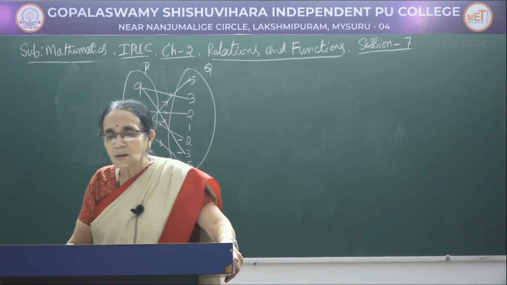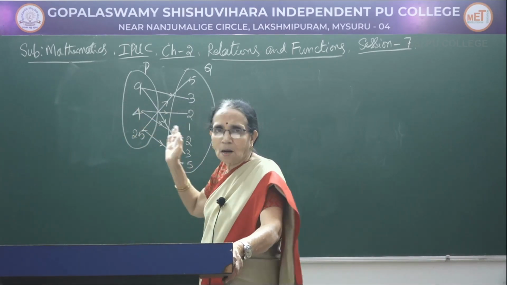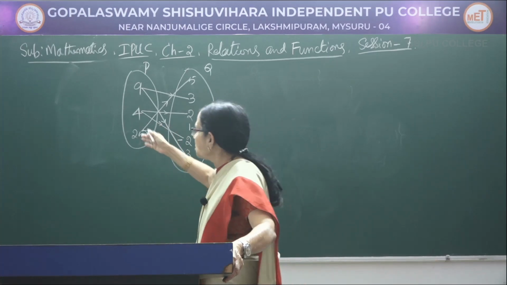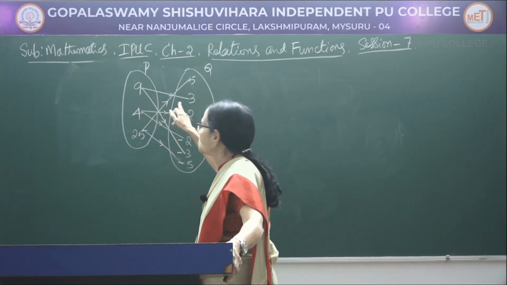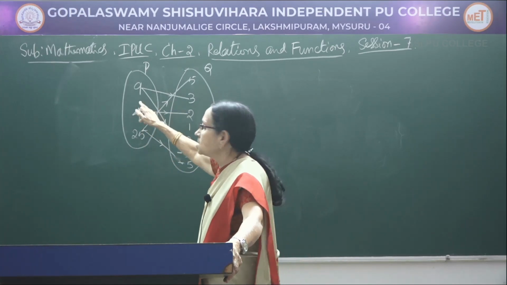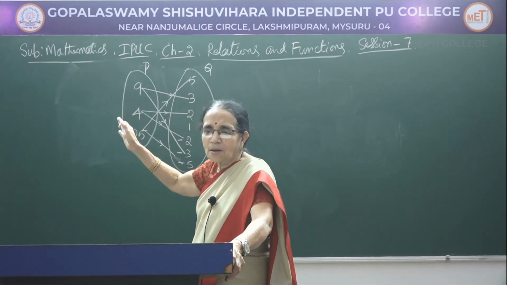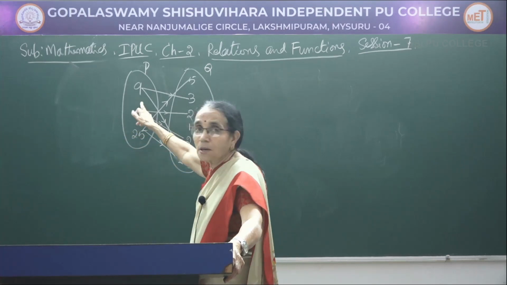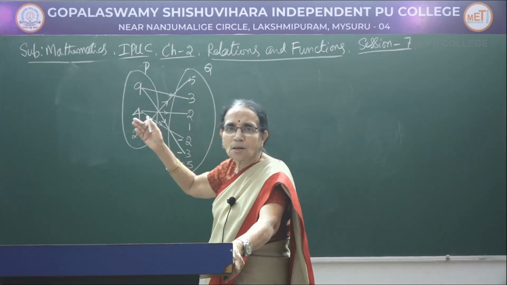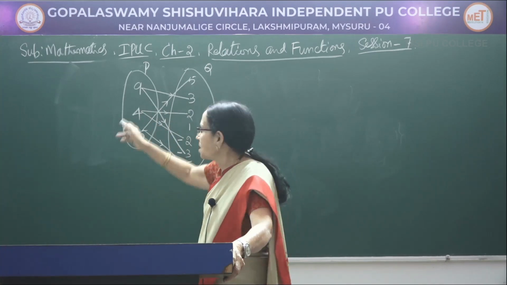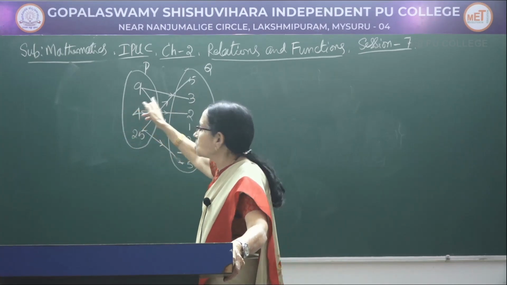So, here if you take a or b, or x from the first set, usually we take a comma b or x comma y, like that. If you take x from P, y from Q, you observe that x is the square of y. That is, each element would be x comma y, where x would be equal to y square. That is a relation. As usual, you can take either a comma b or x comma y. If you take a here, a would be equal to b square. If you take it as x here, x would be equal to y square.